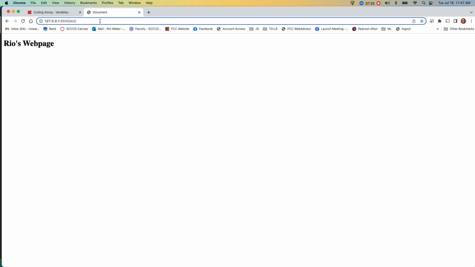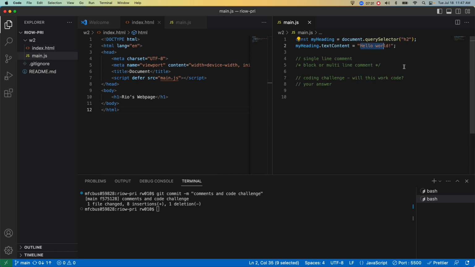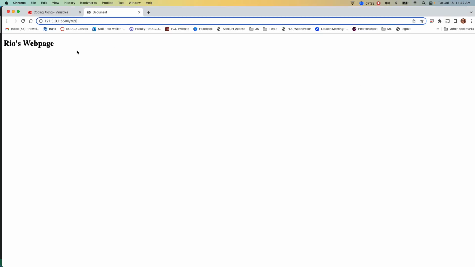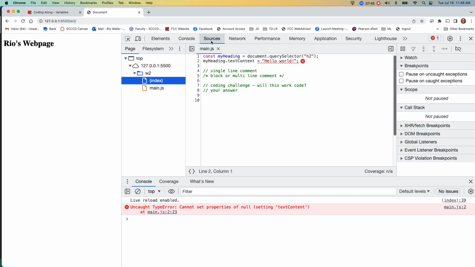So the code that I had in here broke, because it should have had hello world based on our last discussion. And if I right click and hit inspect, right, cannot set property of null, null nothing basically, setting text content. So if I go into source, and look at this, it even shows me here kind of what's in error. But this is actually not even that helpful,